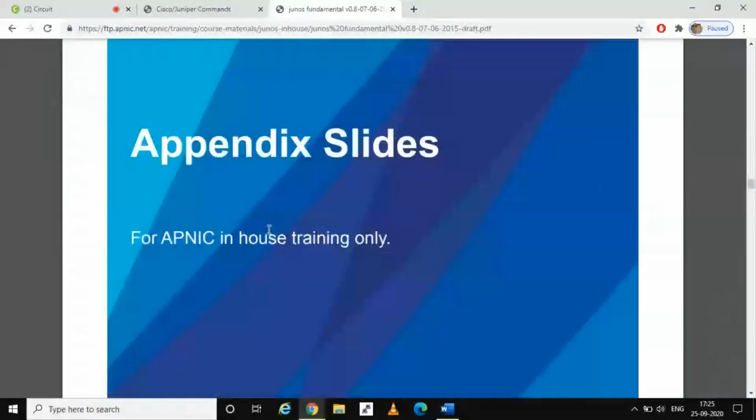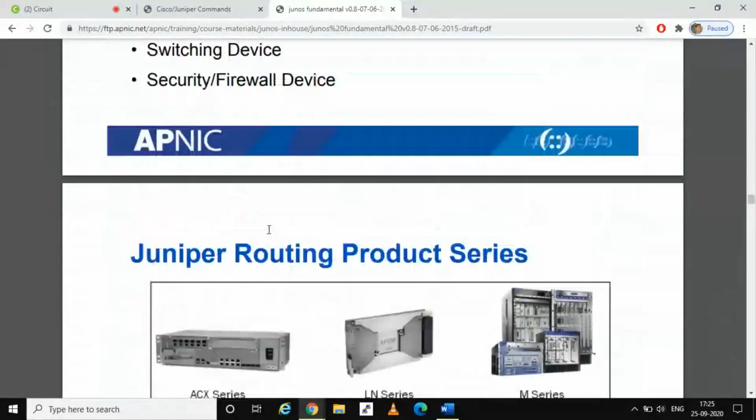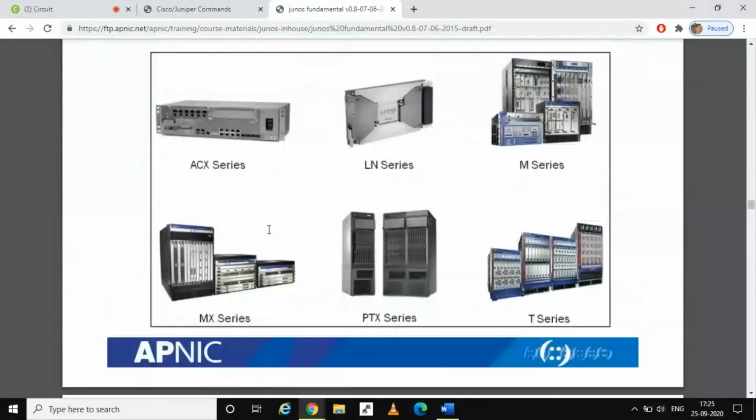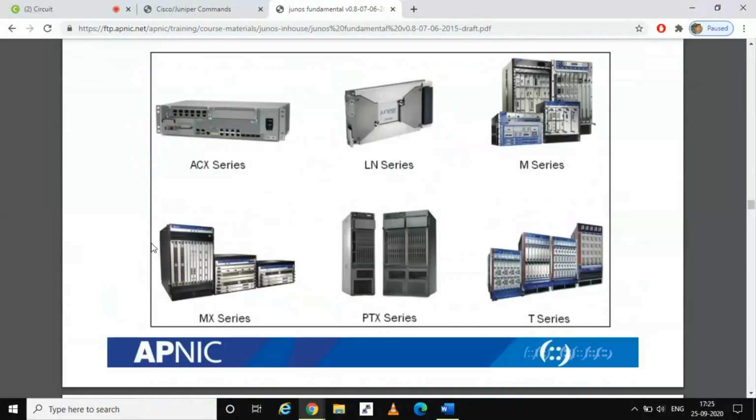I have the Junos PDF, and let's see some products: routing, switching, and security. Here are the routing products. We don't physically see them in day-to-day life, but we can see them via pictures; to see them in person, you have to go to the data center.